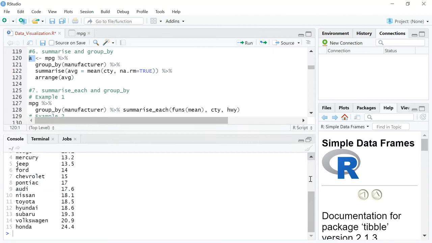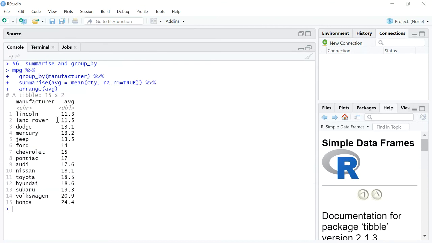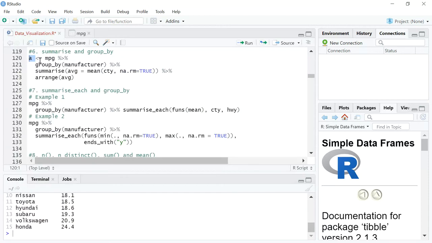If at some point in the analysis you want to pick up the average city miles per gallon for Mercury, you can just filter by Mercury on the object A. That's why this is very powerful. In Excel, you'd have to run the pivot, copy paste the Mercury value and then reuse it, so you'd be creating a number of different sheets. Here it's just through lines of code, so it's very convenient.